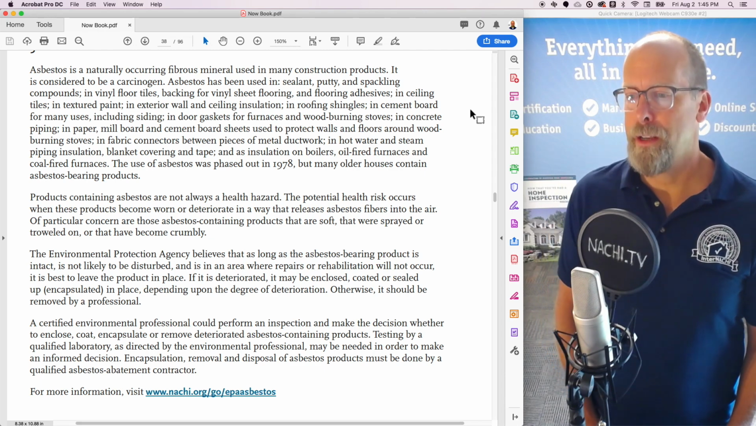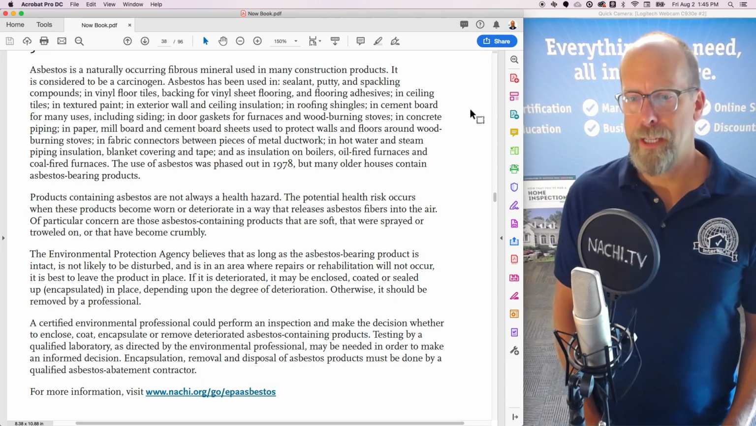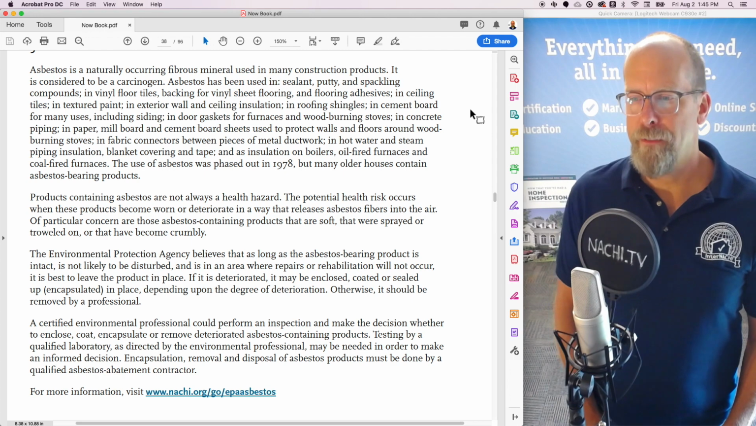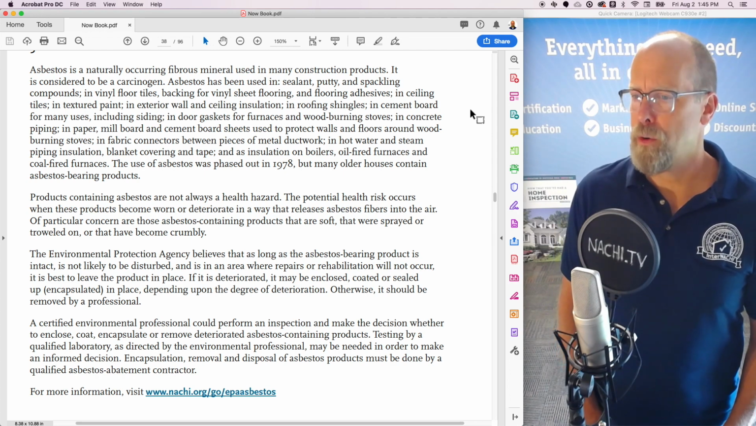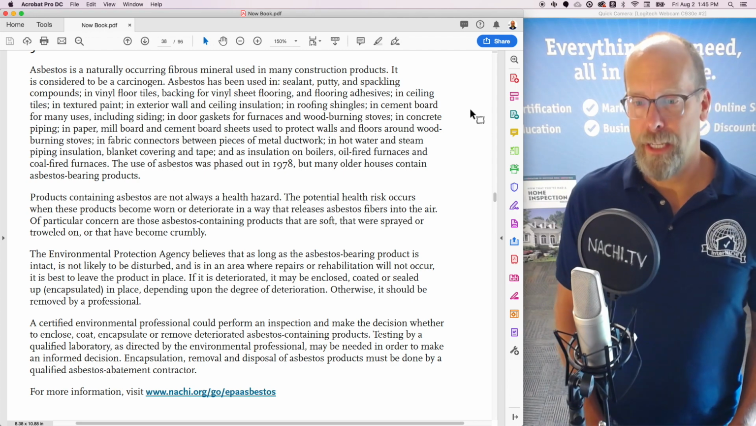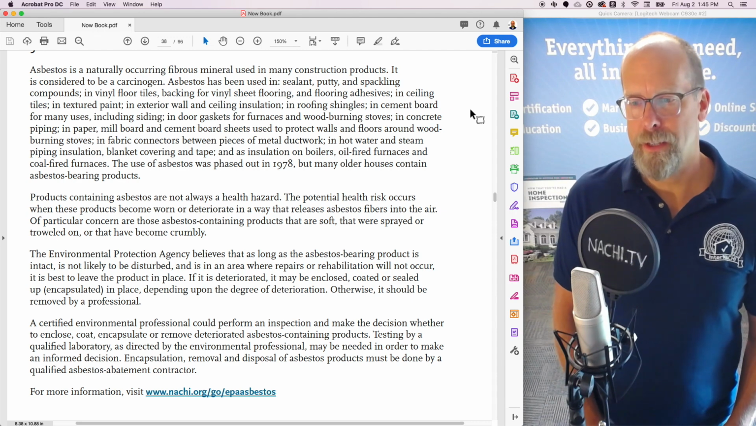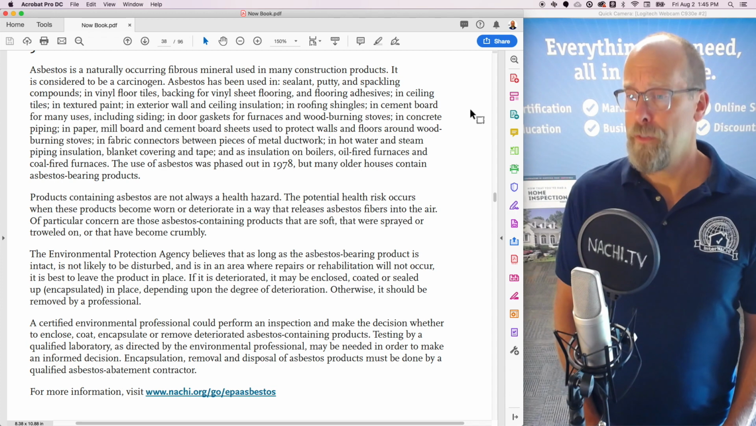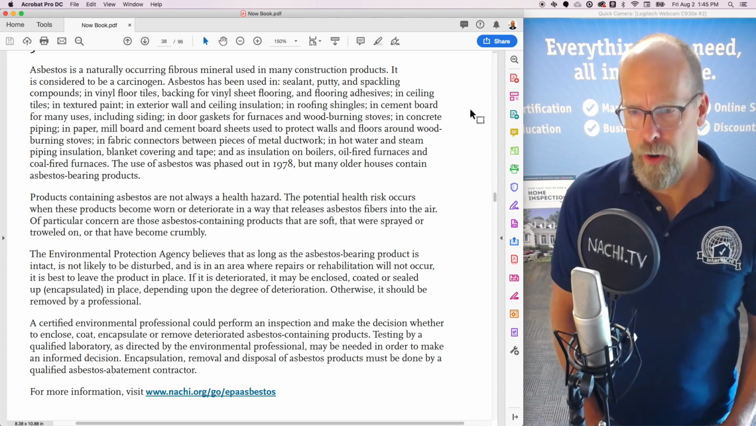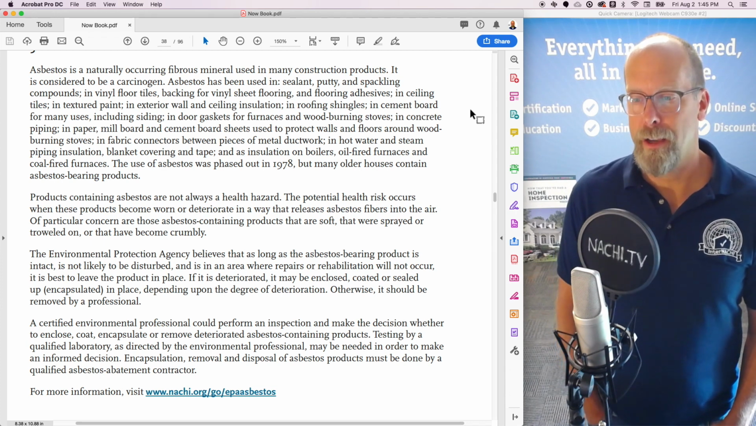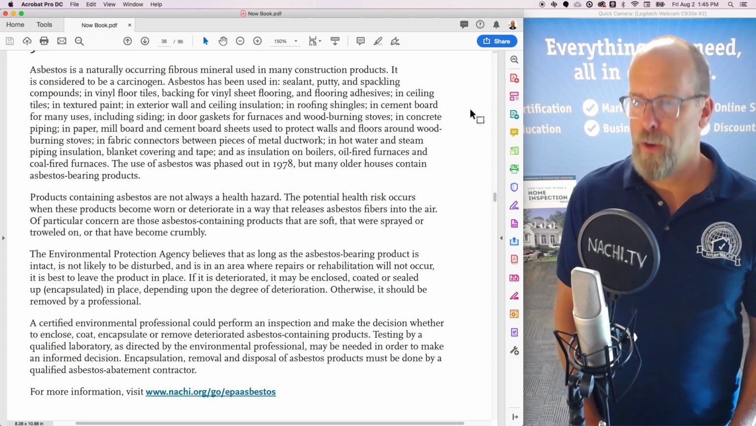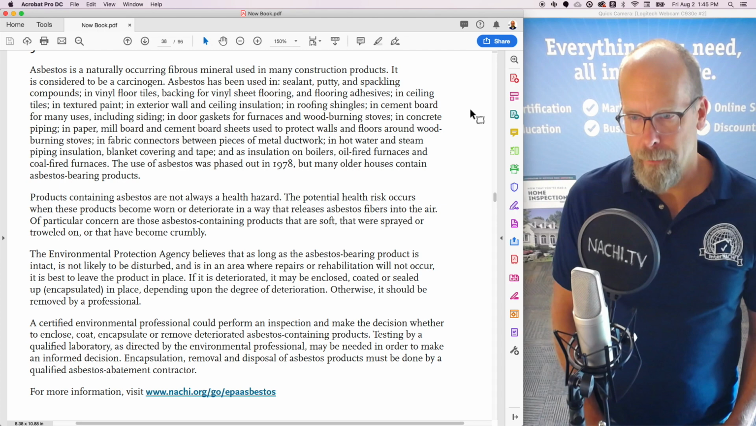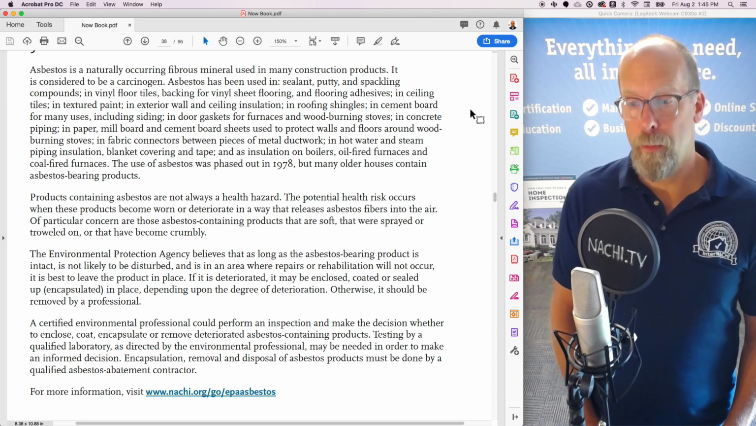Asbestos has been used in sealant, putty, and spackling compounds, in vinyl floor tiles, backing for vinyl sheet flooring, and flooring adhesives, in ceiling tiles, in textured paint, in exterior wall and ceiling insulation, in roofing shingles, in cement board for many uses including siding, in door gaskets for furnaces and wood-burning stoves, in concrete piping, in paper, millboard, and